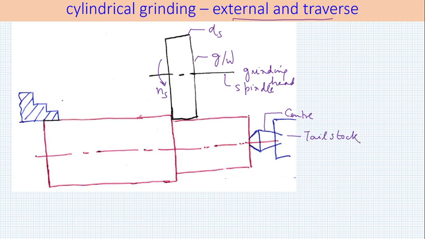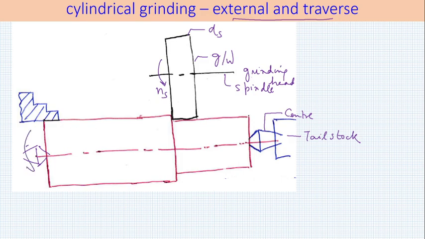In this diagram, I am not showing another center. This is just for convenience. I am showing as if it is mounted on a chuck. In external cylindrical grinding, workpieces are not mounted on a chuck. They are typically mounted on a center. That I have not shown because the lathe dog has to be shown. The effort in drawing is more.